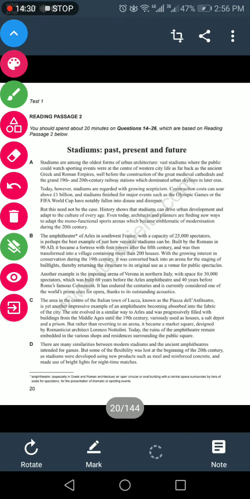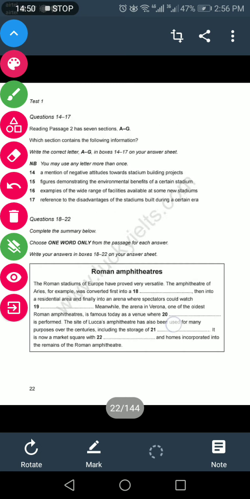By doing blanks we can tell whether our answer is right or wrong. If our answer is right, then we gain some confidence, and we can easily attempt our reading exam. So that's why I want to say that you have to pay more attention to